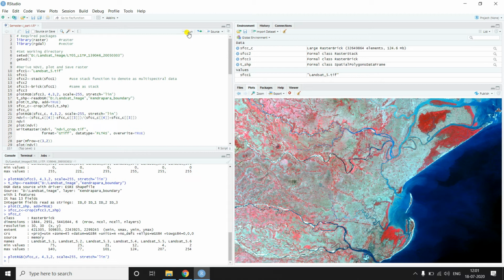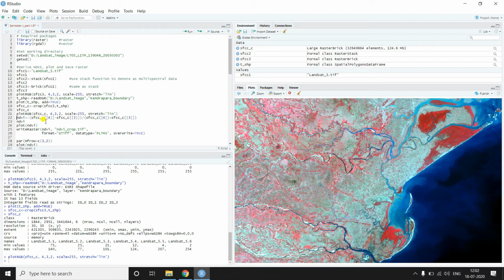NDVI highlights the vegetation, and the formula of NDVI is near infrared minus red divided by near infrared plus red. In this case we have the near infrared band in band number 4 and the red band in band number 3.